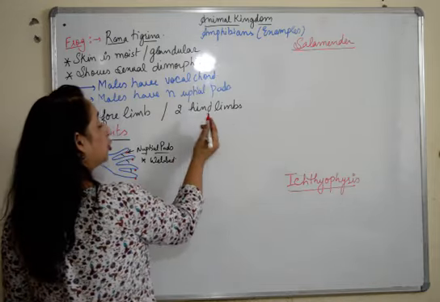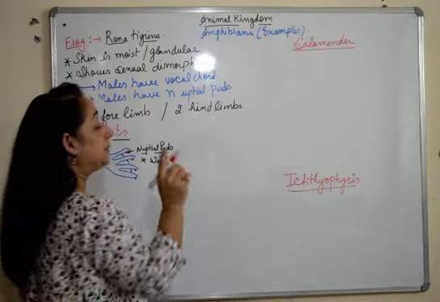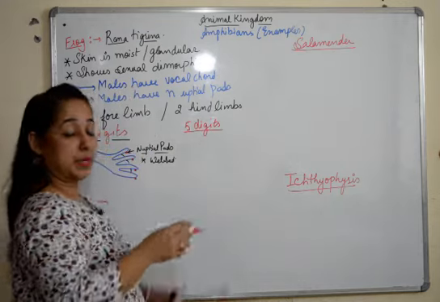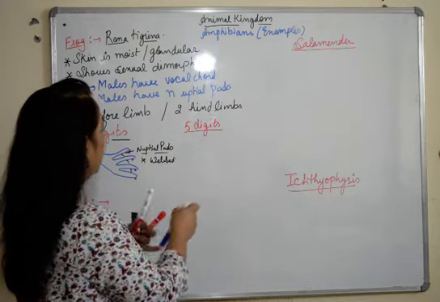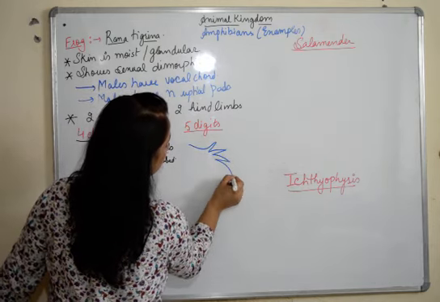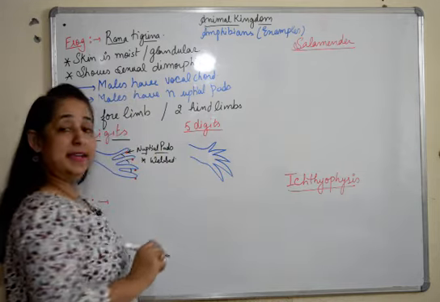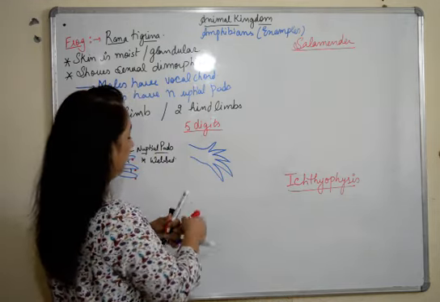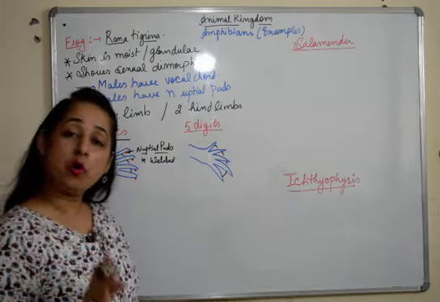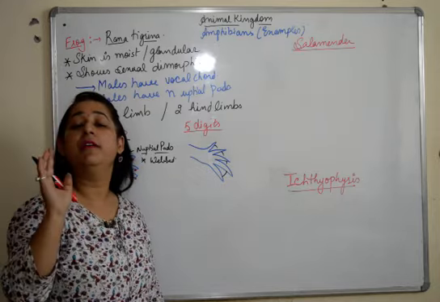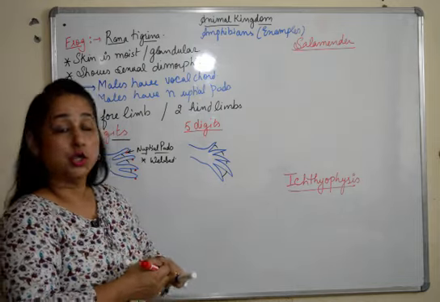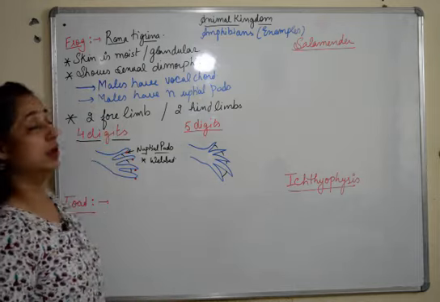Moving to the hind limbs, 2 hind limbs, but these 2 hind limbs, they have 5 digits each. And if I make the structure, so they have this 1 to 5. Fine. And obviously it is also webbed. So their forelimbs, they have 4 digits, and hind limbs, they have 5 digits. They are webbed, and the forelimbs have nuptial pads present in them. So this is a feature of Rana tigrina.